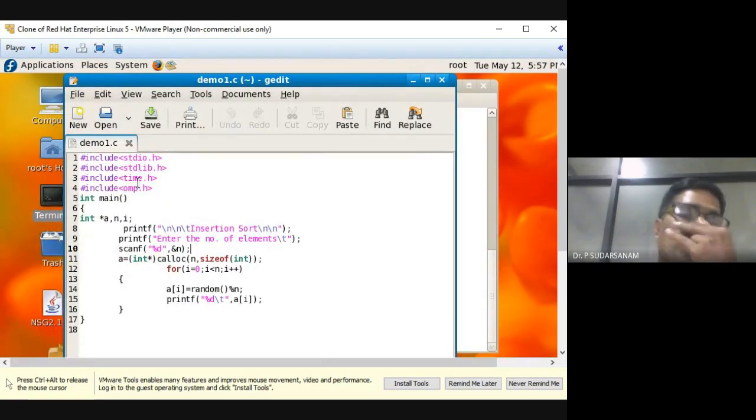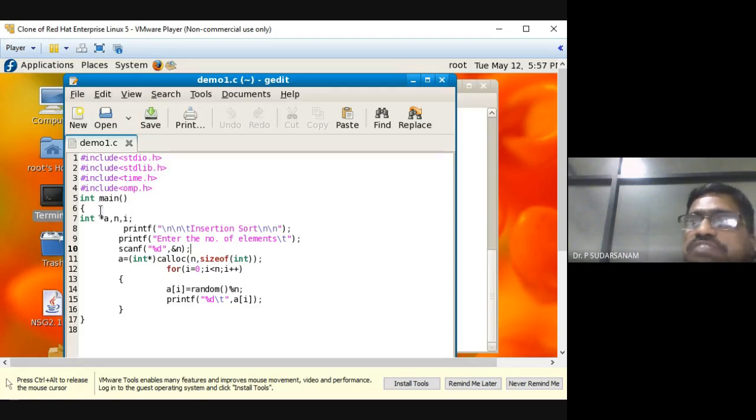So now what I've entered here is stdio.h. stdlib.h is not required now. It's actually the same header files I have entered. time.h also we are not using, and omp.h also is not required in this case. So just stdio.h is sufficient.